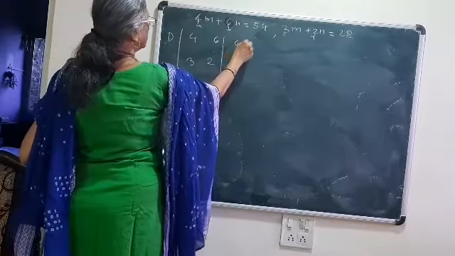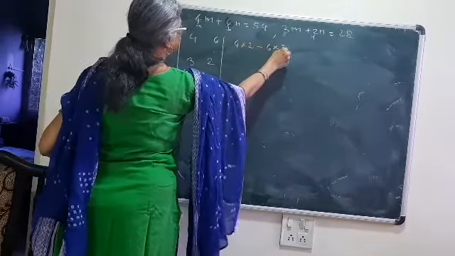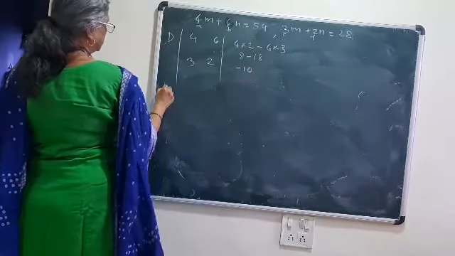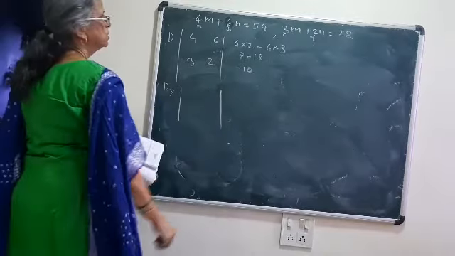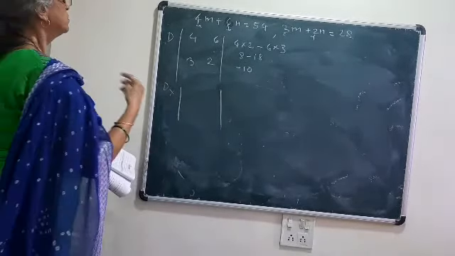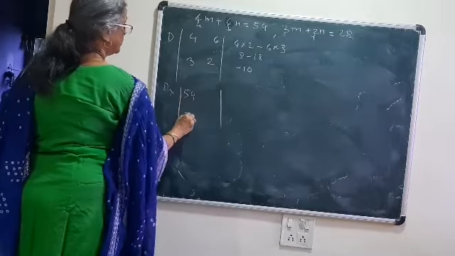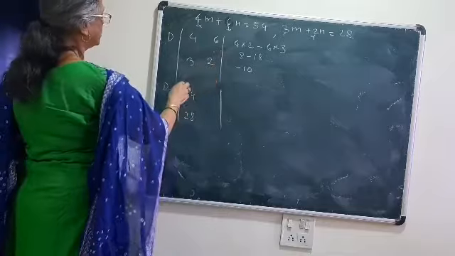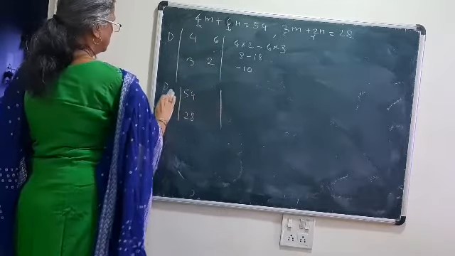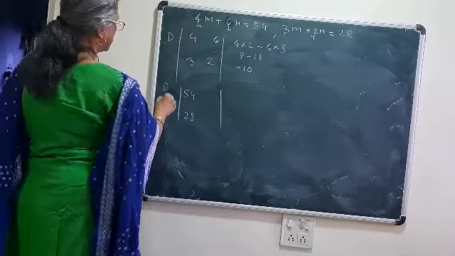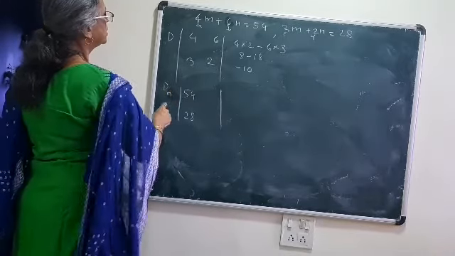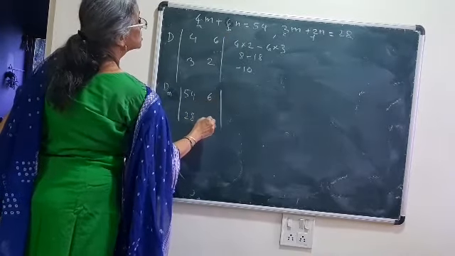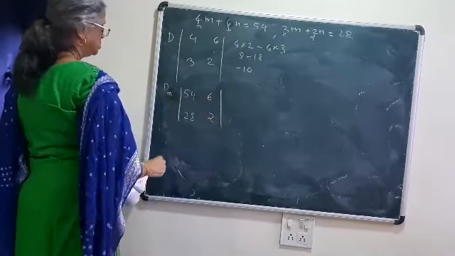Value will be 4 into 2 minus 6 into 3. So 8 minus 18, it will be minus 10. For dx, we are writing constant term first, 54, 28. And then we are going to write the coefficient of, now here x and y are not the variables, but m and n are variables. So first we are going to find out dm. For considering dm, we are going to consider constant term and coefficient of n. So 6 and 2.